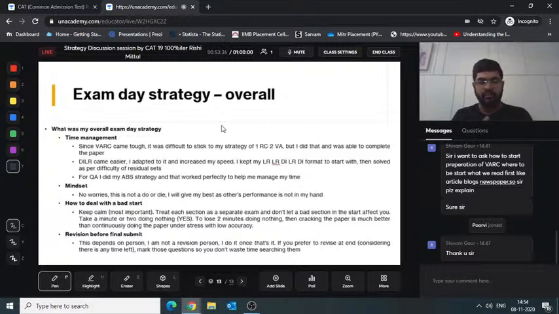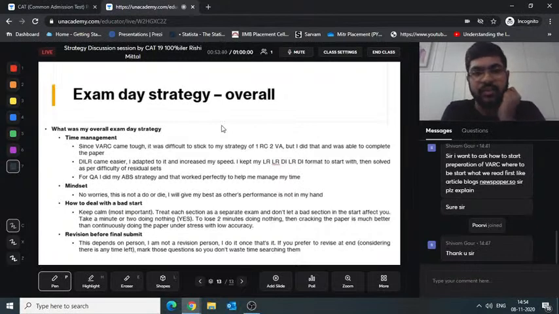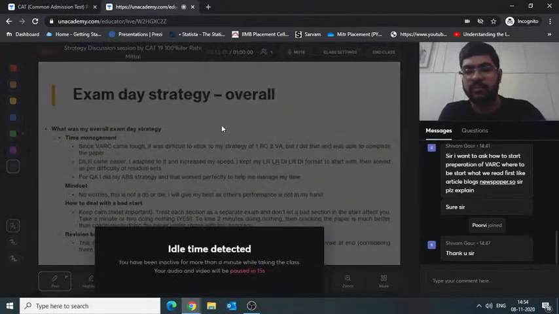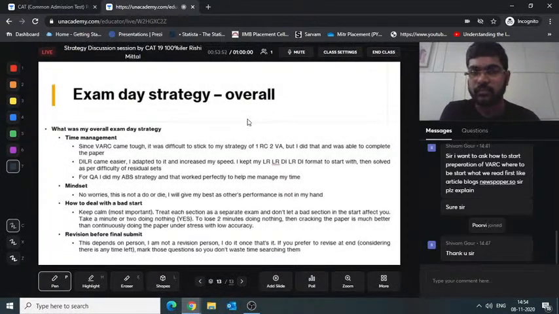I mean, if I remember in my VRC, I had one particular question in the RC which I had marked for the end. And I did go to that question. I had just a minute or two left. And had I sat there searching that question, I would have wasted a lot of time. So use that marking function which is there, okay? And just go ahead and mark the questions which you feel you would like to revise at the end. Similarly for DLR, similarly for Quant.